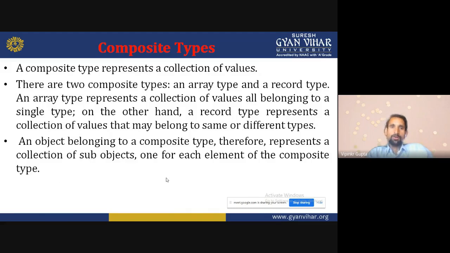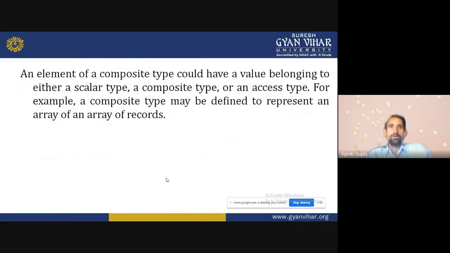An object belonging to a composite type therefore represents a collection of sub-objects, one for each element of the composite type. An element of a composite type could have a value belonging to either a scalar type, a composite type, or an access type.